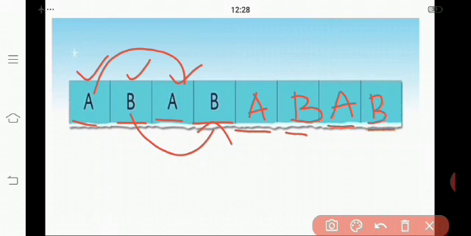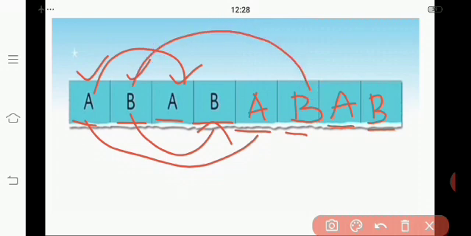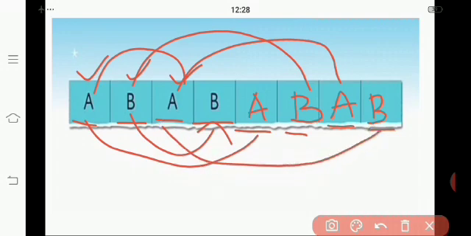I will repeat one more time. We can see that letter A and letter B are placed alternately. Here is letter A, the next one is letter B, and again letter A and again letter B. This becomes a pattern. So the next letter will be A, the next letter B, and again the next letter A, then the next letter B. Okay children, do you understand this? Shall we move on to the next one?